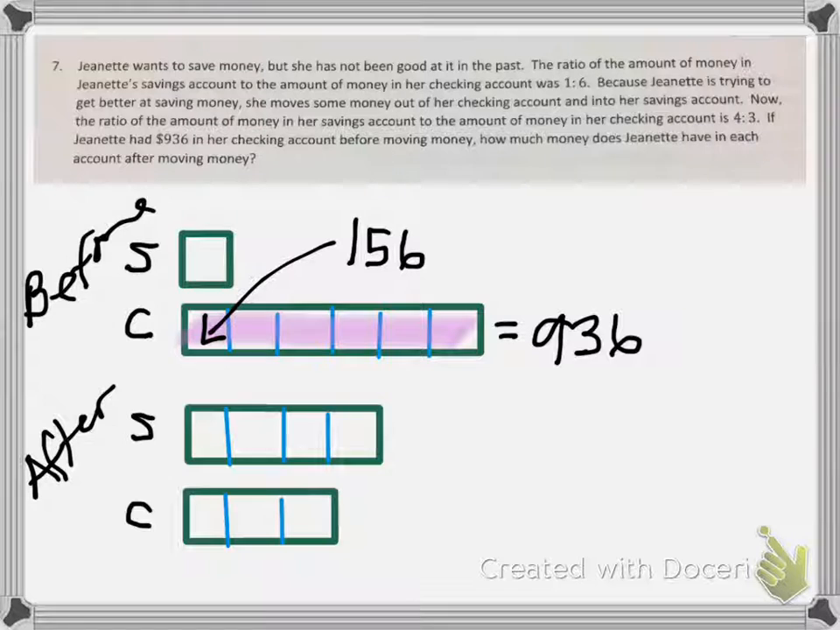Now that I know the constant, I can answer the question, how much money does Jeanette have in each of her accounts after moving the money? So I'm going to look here at her savings, and I'm going to say 156 is the constant, and I have 4 boxes. That's equal to $624. And for her checking, it's 156 times 3 boxes, and that's